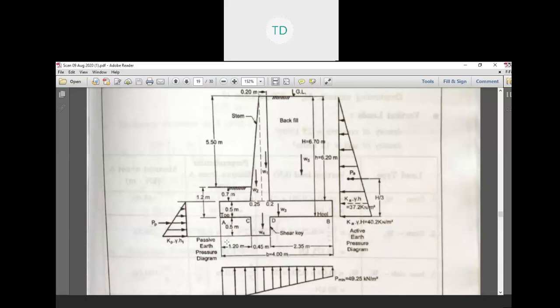First we fixed the height, which is 5.5 for the filling, and 1.2 is designed for the foundation by that equation. Same for the base, we give the width, sorry, the width is 4, in which 1.2 is for the toe of the retaining wall, 2.35 is the heel, and the rest, 4.45, is for the base of the retaining wall.